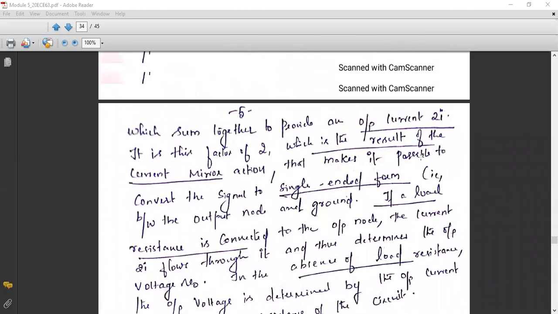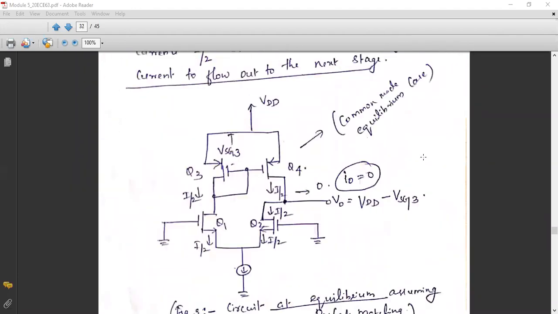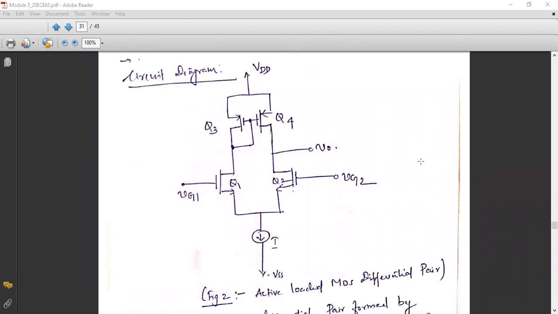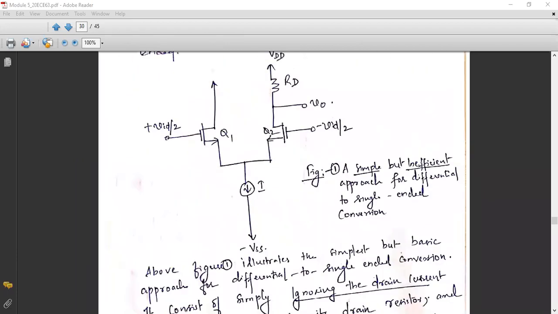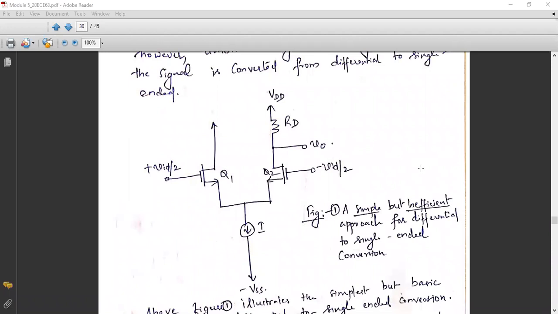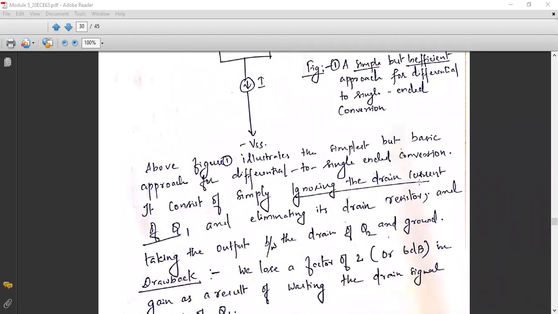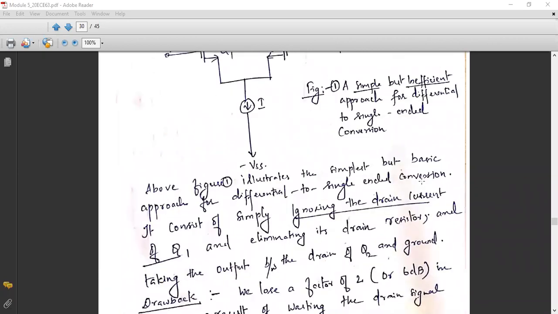Okay, so till now, what we have learned is how to convert a double-ended to single-ended output, right? Within a conventional differential amplifier. And what is its main drawback? The main drawback is that it is facing a gain reduction of 6 dB, or the gain has been decreased by a factor of 2. So that is to be addressed.